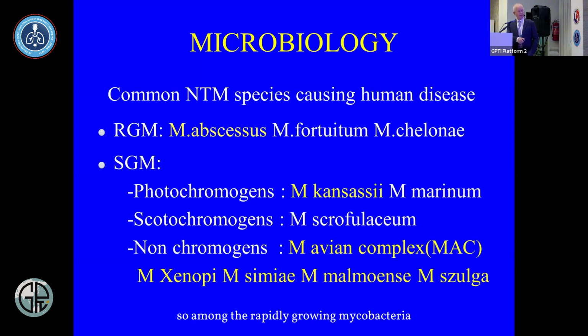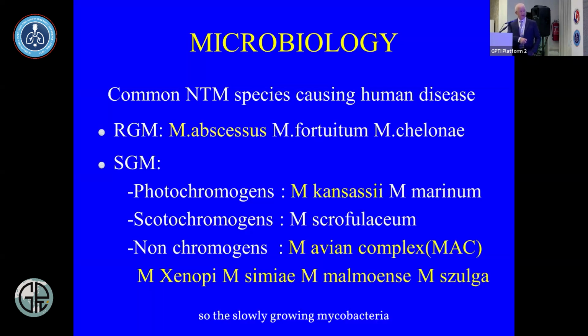So among the rapidly growing mycobacteria, Mycobacterium abscessus, and as I said, this is mainly in CF patients, and because we have dedicated CF doctors, I don't really have much experience with this, but it does happen in settings other than cystic fibrosis as well. But it's not as devastating as in cystic fibrosis, because once you diagnose that in cystic fibrosis, the outcome is not very good, and these patients are, as far as I know, up until now excluded from lung transplant. So this is one of the contraindications of lung transplant.